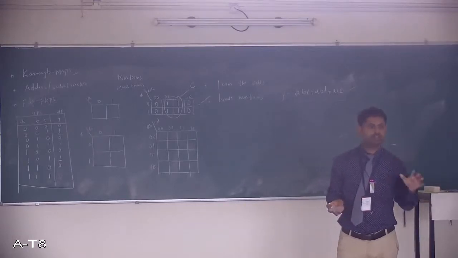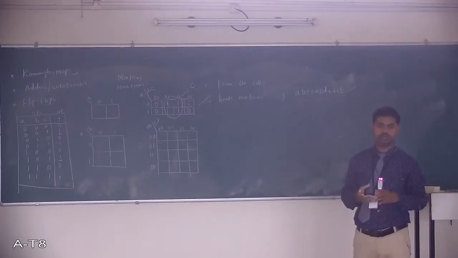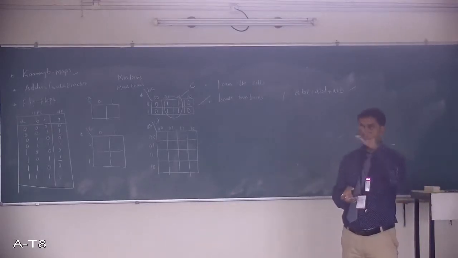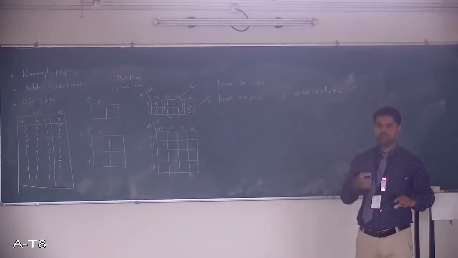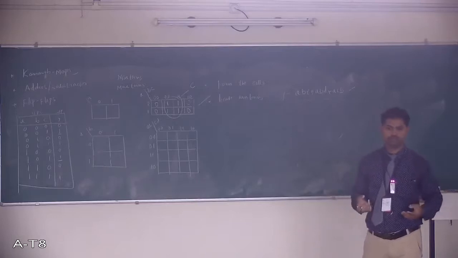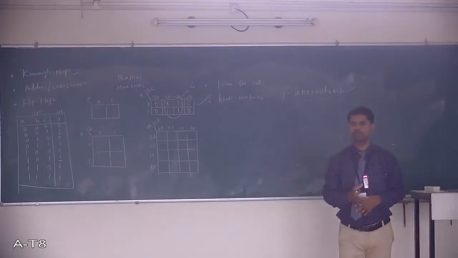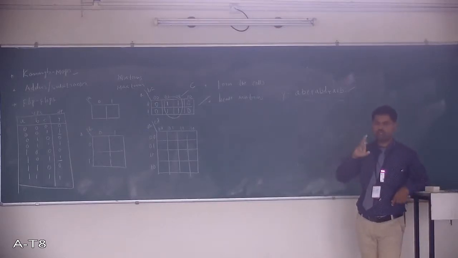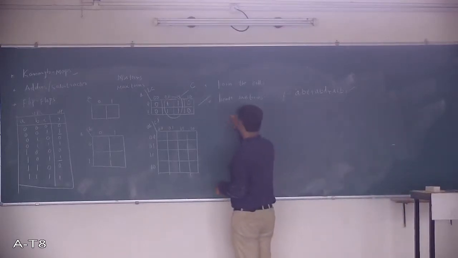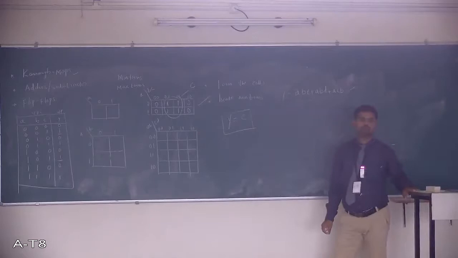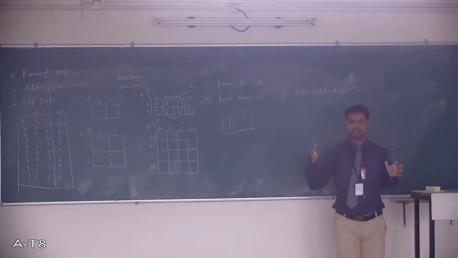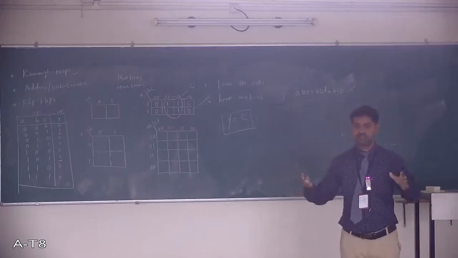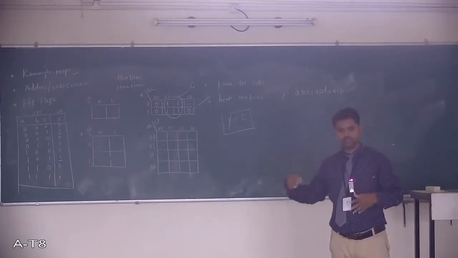If at all grouping is not possible with quad, pair or octet, at least you should group it alone. Then you just take out the expression for every grouping. That is the final expression. Got this? Luckily here we only have 4 logic ones and all are covered in a single shot. So only one expression, output expression y is equal to C. Got this? Initially I have written one bigger expression having 4 terms. The entire expression is actually equivalent to just C.